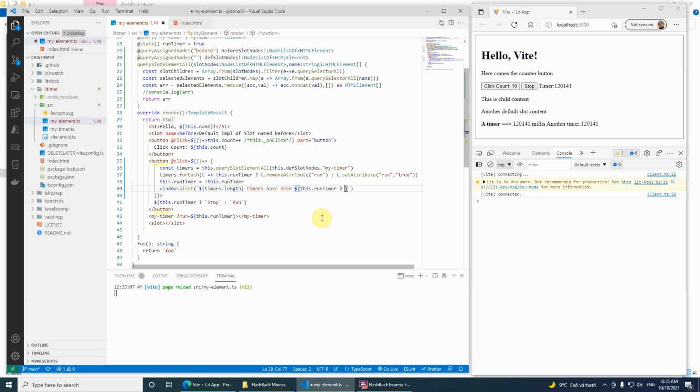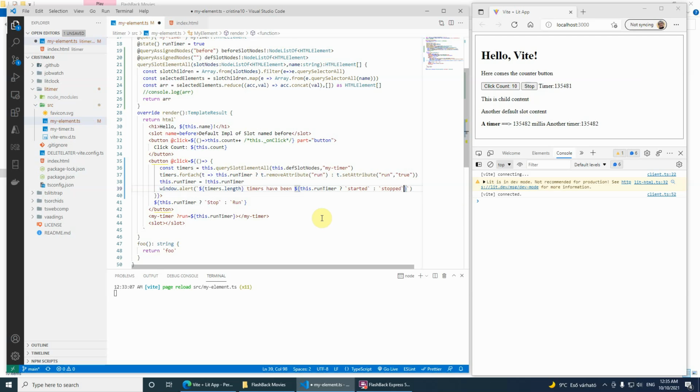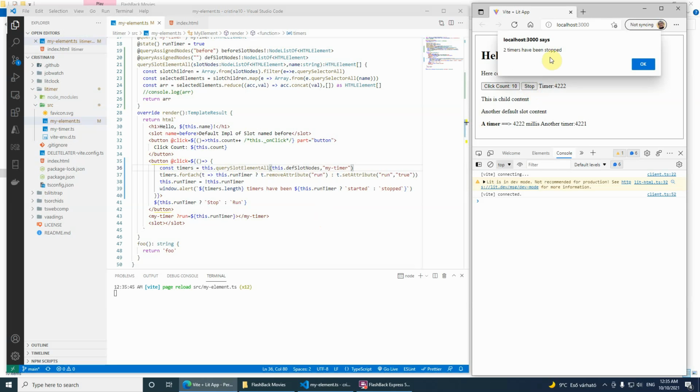started or stopped. Yeah, this is the alert function. Let's check out if it works. Let's press stop. Here you go, and that is 2 timers have been stopped, of course, because these are the